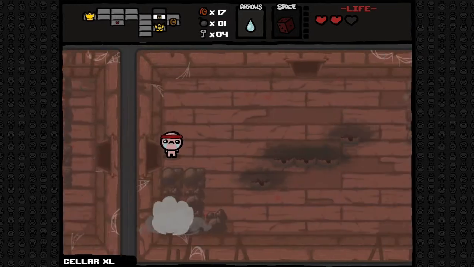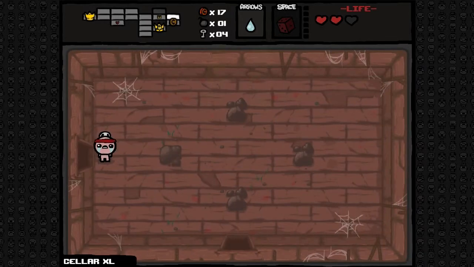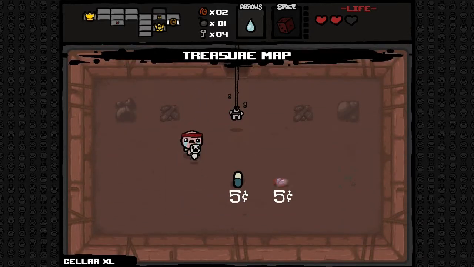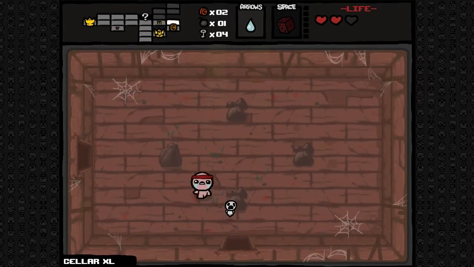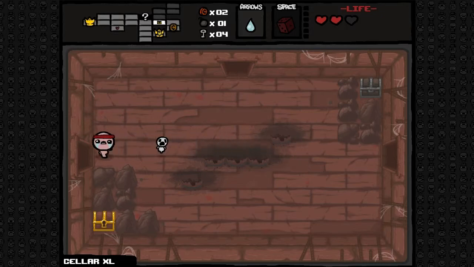Anyway, let's go back. I don't think we're going to get any more money. Don't want to waste any bombs. I'm trying to see if there's like a good secret shot. Anyway, we're going to pick up the map. I'd love to get 3 more coins, just so... Hey, there we go. Just so we could get into the...